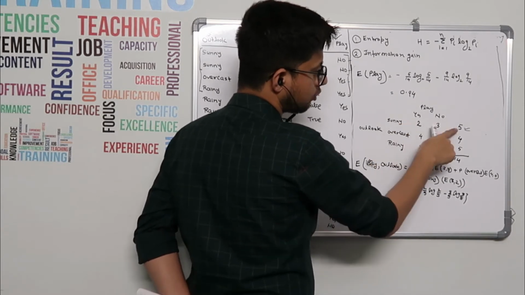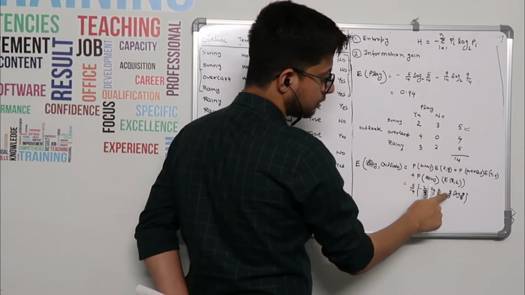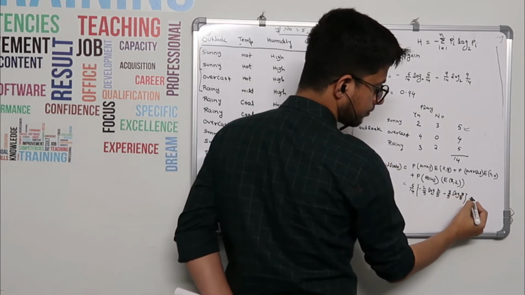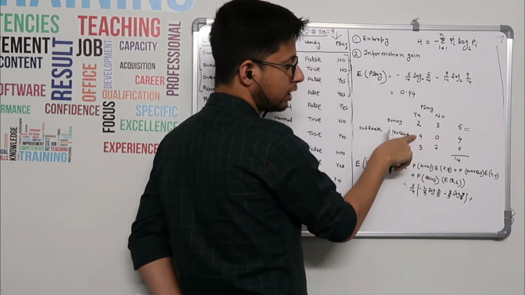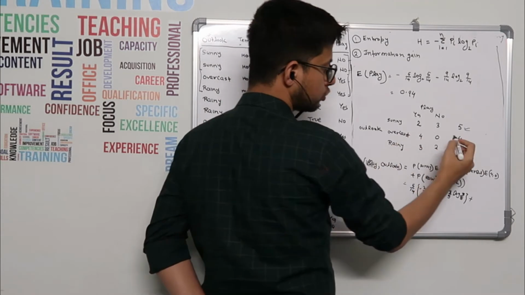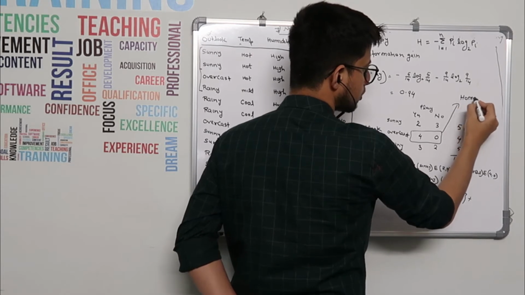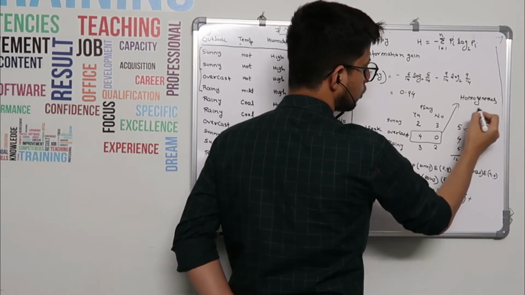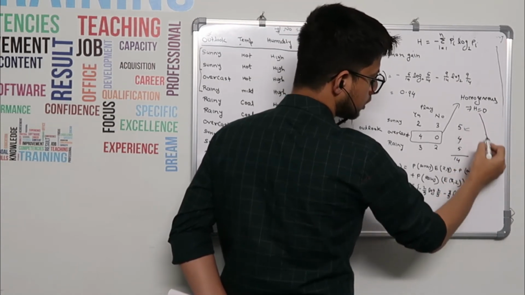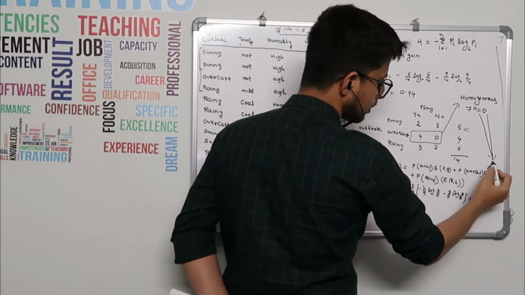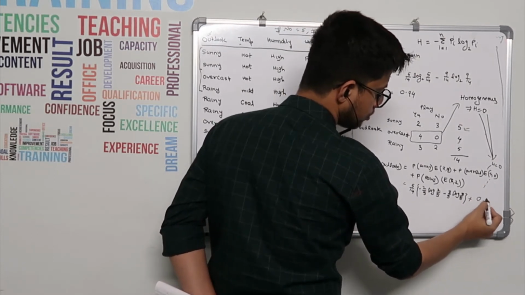The probability of yes out of these 5 is 2 by 5, that is 2 by 5 log 2 by 5. Then how many no? 3 by 5, 3 by 5 log 3 by 5, correct. Plus, here you see E of 4 comma 0: this becomes homogeneous, there is only one class, yes. That's where this is homogeneous, which implies entropy H will be 0. So then it will come as 0, plus.